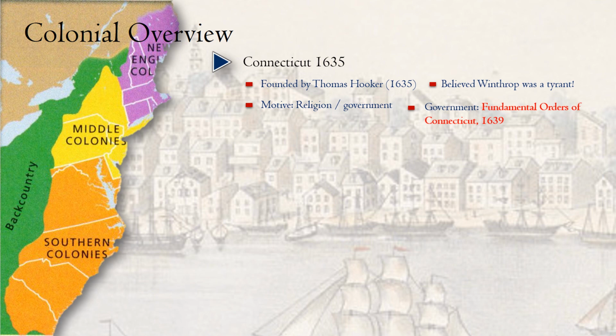The government that Thomas Hooker set up was going to be governed by, or was accountable to, a written document. And this is something you should make a note of. A written document called the Fundamental Orders of Connecticut, which was put in its final form in 1639. Now, this is really important because the Fundamental Orders of Connecticut is the first written constitution in the entire world. Okay, so it is a very important document.